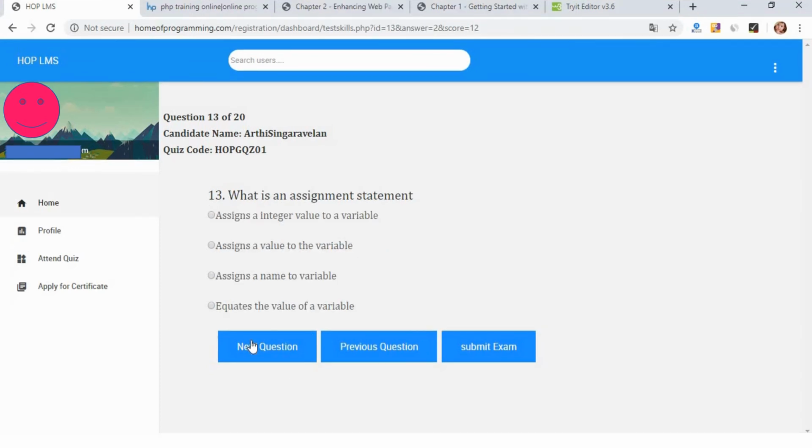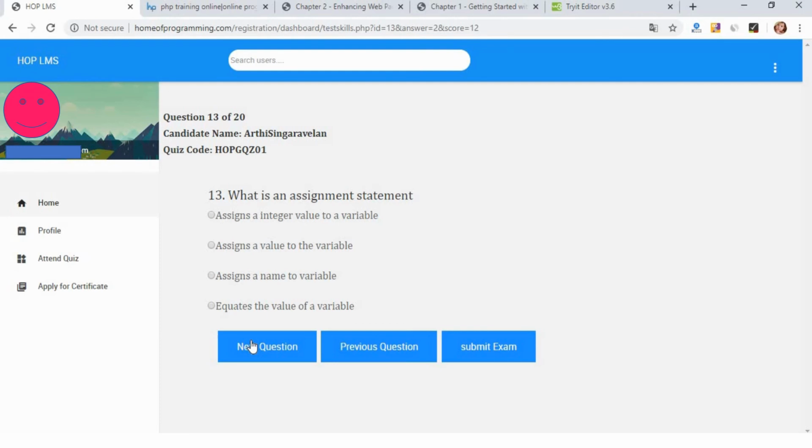What is an assignment statement, right? What exactly an assignment statement does is it assigns a value from the right hand side of the operator to the left hand side of your variable, right? The equal operator will be between your variable and value.